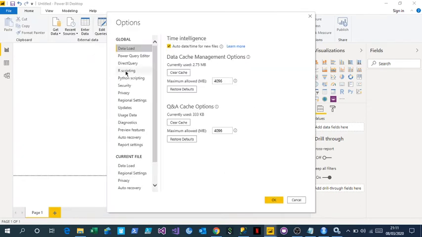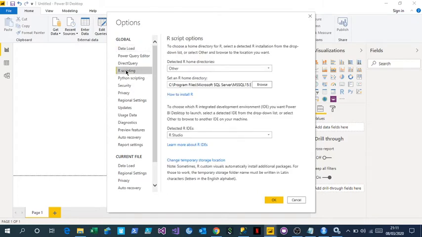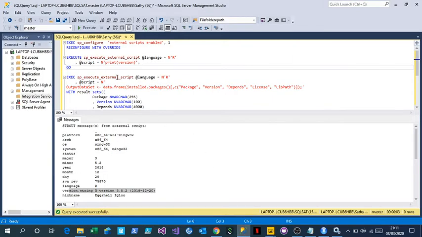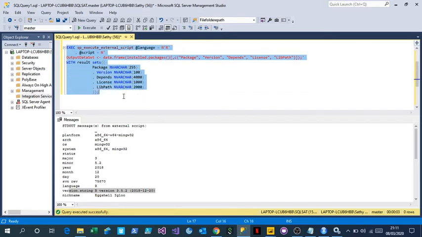So as you can see here, under R scripting, we need to change the directory. Okay, so now how can we find this path where we have our R services? So now going back to Management Studio, if I run this SQL command,